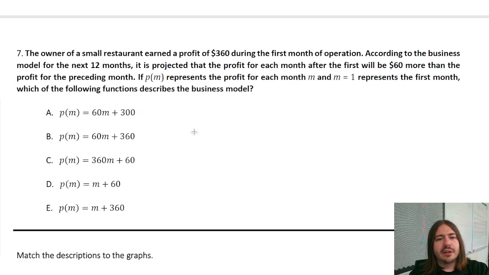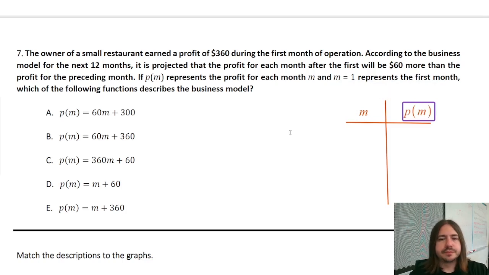Number 7. Okay, same idea here. So same kind of question. In fact, it's worded the same way. This is one that you can expect on that CLEP exam. So let's just do the same thing we did with the last one, where we make a table for m